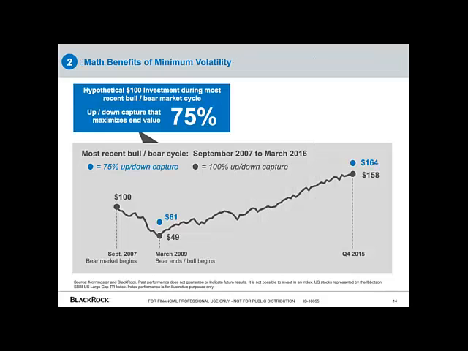Now, in addition to helping solve some of the behavioral challenges of investing, the second reason that min-vol has historically worked is actually mathematical. So intuitively, and to John's question, many of you probably believe that full participation in the market will lead to better returns over time. However, if you look over bear and bull market cycles, so incorporating both a bull and a bear into this calculation, what you often find is that a capture ratio less than 100% can yield better investment results. So on this page, this is illustrated with a 75% capture ratio over the last bear and bull cycle. But you can see this play out over nearly every cycle.